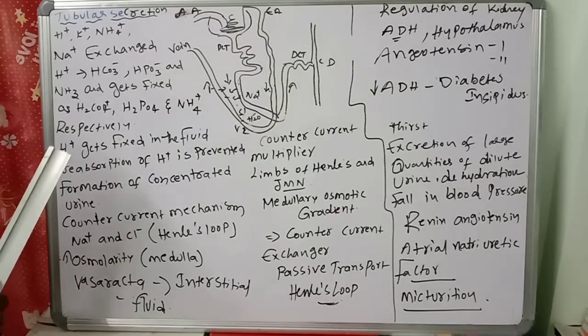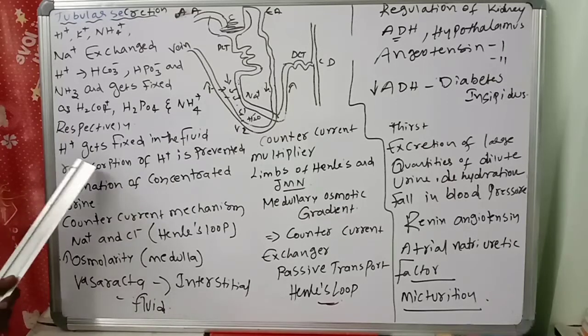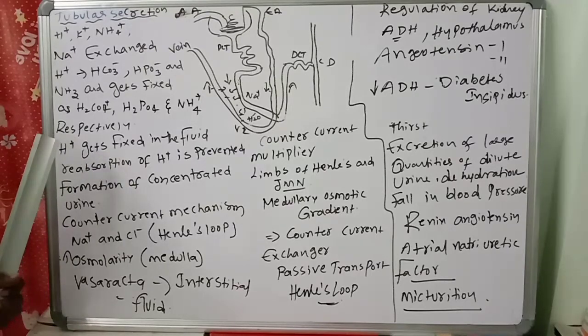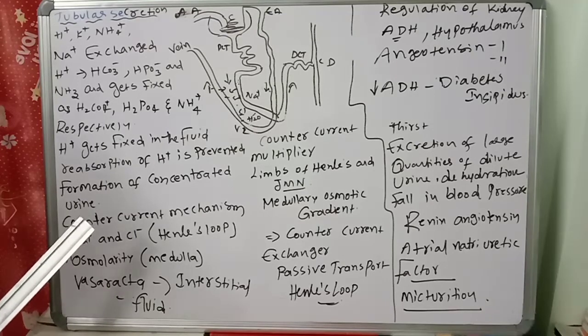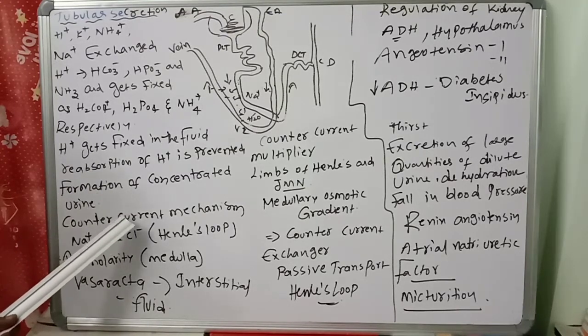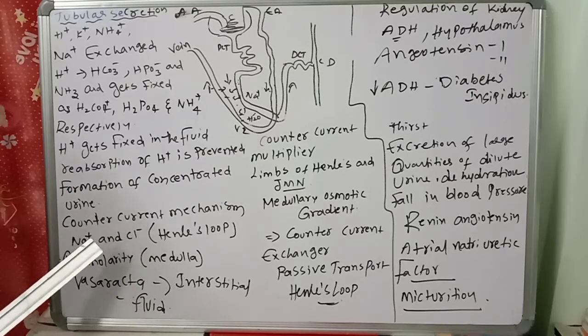The urine excreted contains both filtrate and secreted substances. Once it enters the collecting duct, water is absorbed and concentrated. Hypertonic urine is formed. For every H plus secreted into the tubular filtrate, NaCl is absorbed by the tubular cell. So this is important. Na is absorbed. The H plus secreted combines with